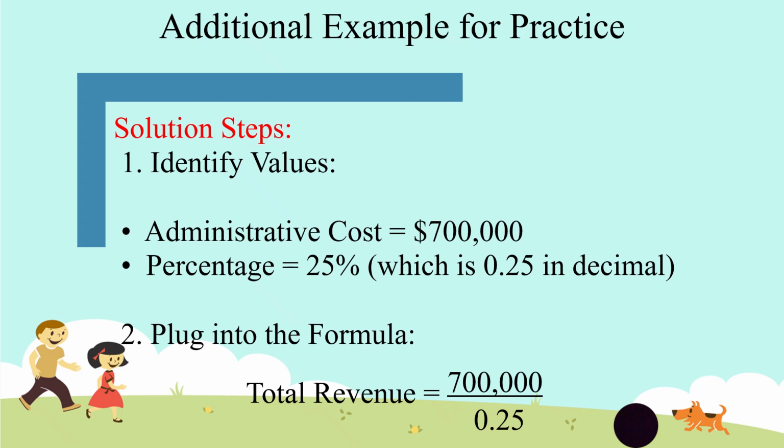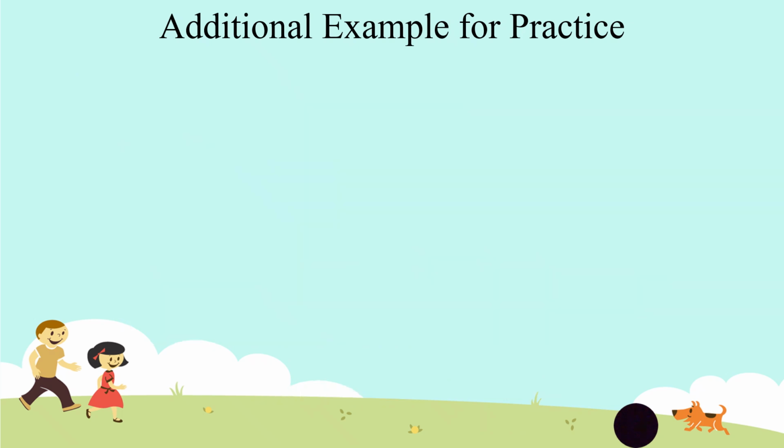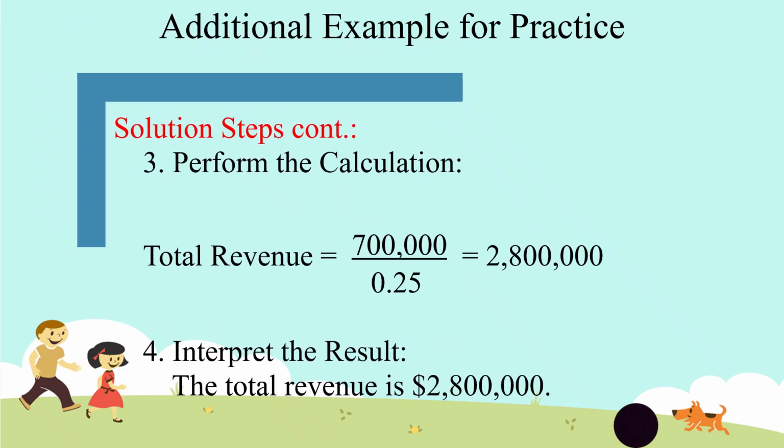Solution steps. Number 1, identify values. Administrative cost equals $700,000. Percentage is 25%, which is 0.25 in decimal. Number 2, plug into the formula. Total revenue equals 700,000 divided by 0.25. 3. Perform the calculation. Total revenue equals 700,000 divided by 0.25 equals